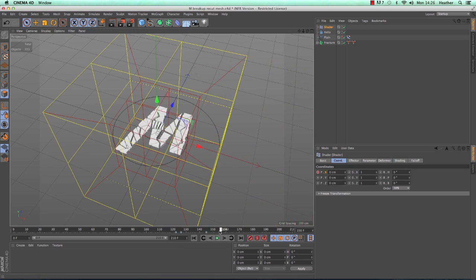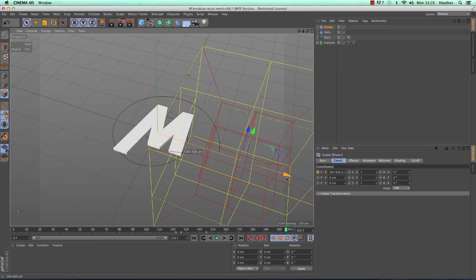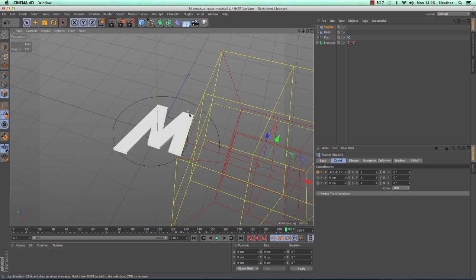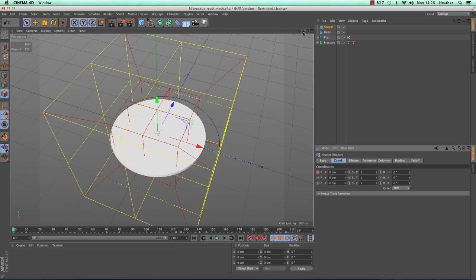Whoops, I forgot to move this time slider forward. Silly of me. So I'll move that forward to 205. Move that along so that the M is a solid M again, so around 330-ish. And Control and left click. So that's recorded this fall off now for us.